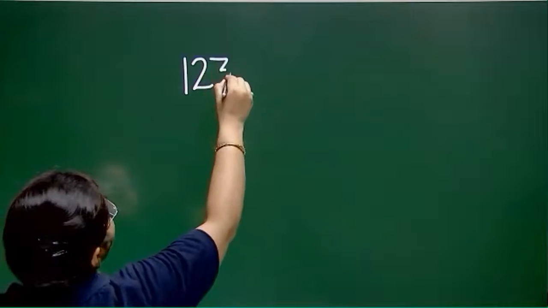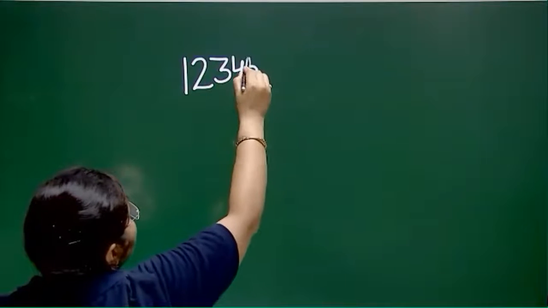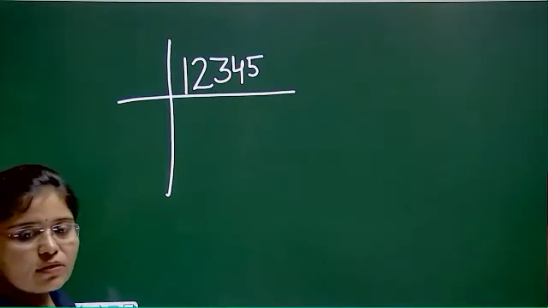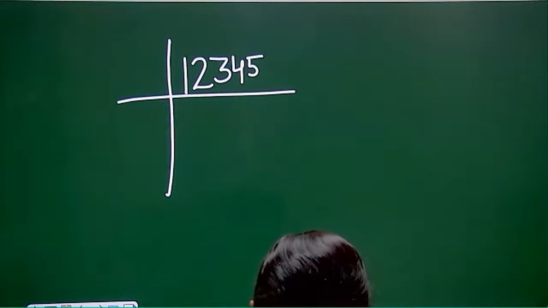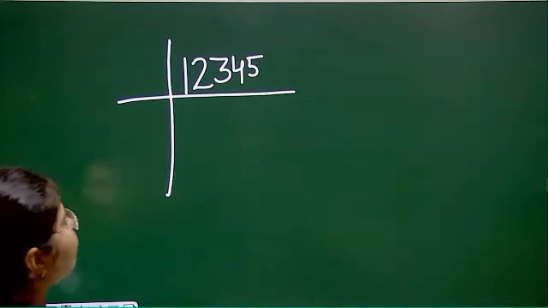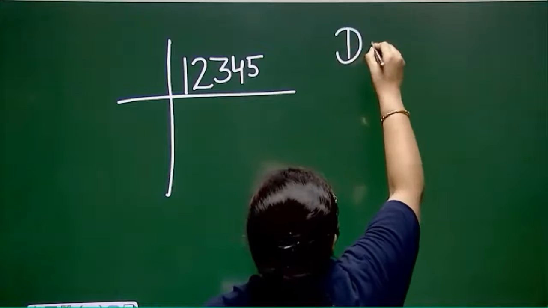So given in your book is 1 2 3 4, and so students, there is a mistake in your book. The number is 1, 2, 3, 4, 5, and in the book it's written 1, 2, 3, 4. So everyone correct this. Okay. Next, we have to convert this decimal to octal.